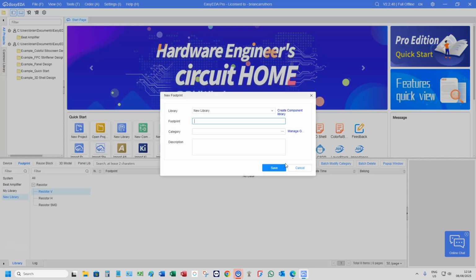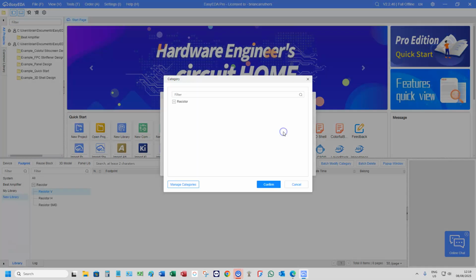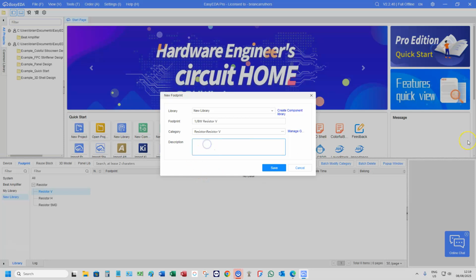Footprint will be 1/8 watt resistor V, and it will be resistor V, confirm, description,